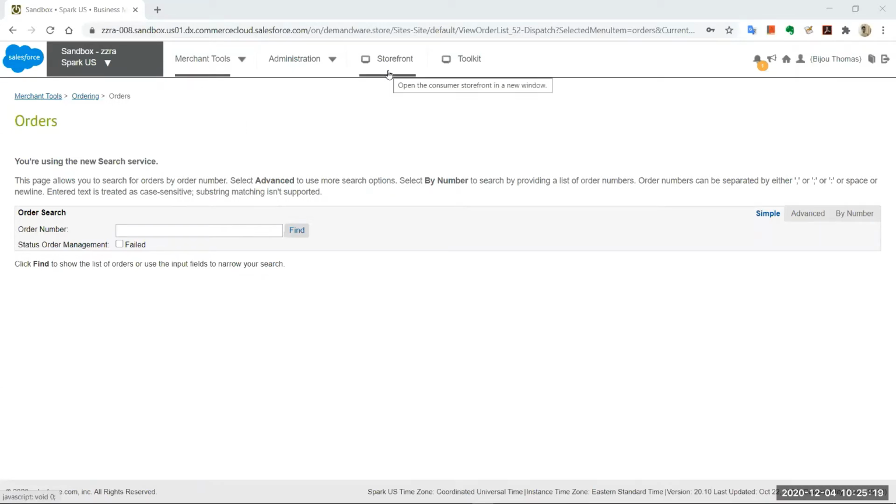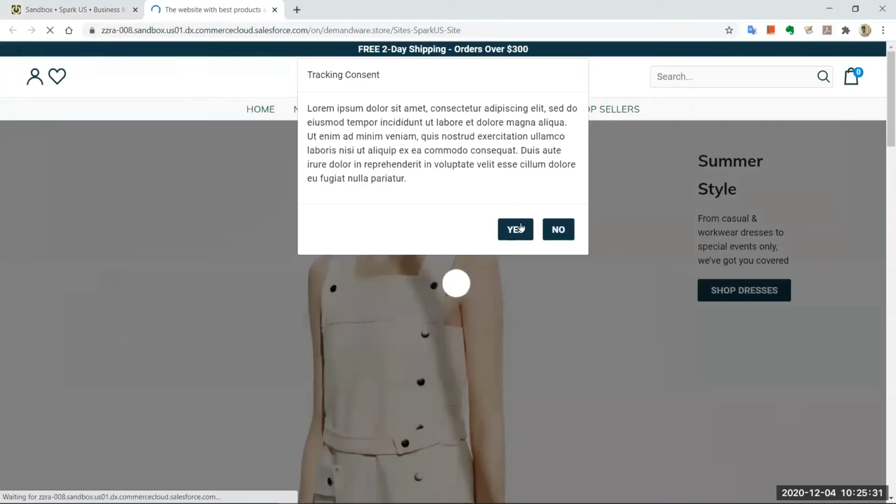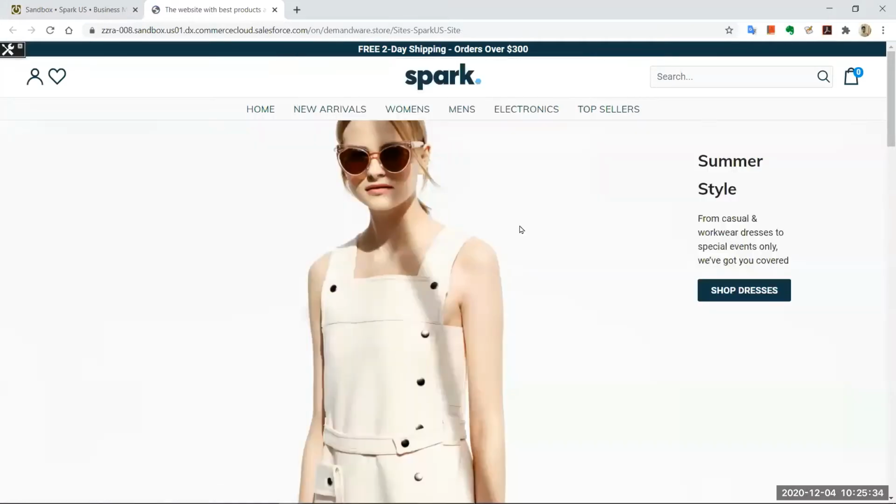Yeah, thanks. So as Lakshmi said, this is basically the Business Manager where you can see multiple sites that are hosted. So I'll directly go to the storefront. For my part of the agenda, I'll showcase the Commerce Cloud and Salesforce core order management integration, and what comes with the offering. And then I'll try to brush through the various behind the scenes tools that go into play. Primarily, I won't drive the entire discussion with a slide deck. I'll share the slide deck at the end in the chat. You can go through it, and if at any point you want to get back to me, you can always do so. I'll make this more of a demo so that it's that much more interesting.